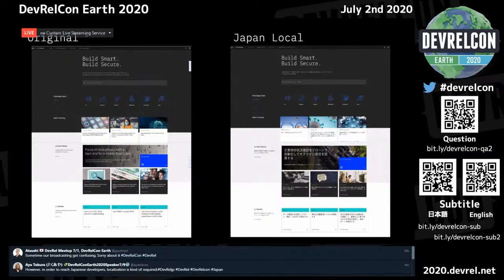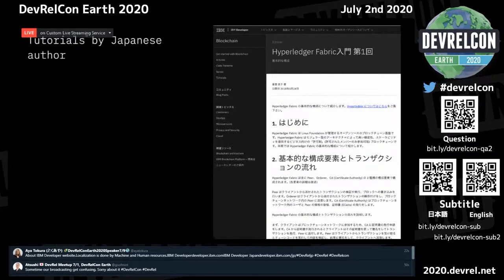The same layout, same web page design, and it seems like the same content, but we have about 30% original content in our local developer website, different from the original US website. It's just an example, okay?